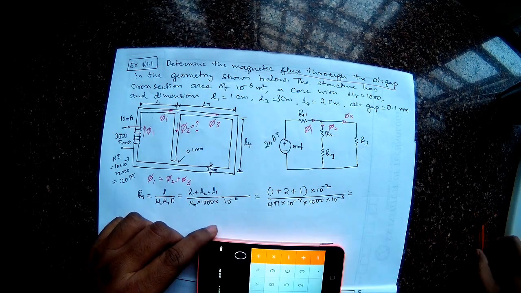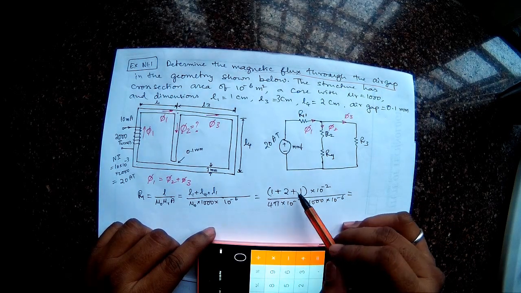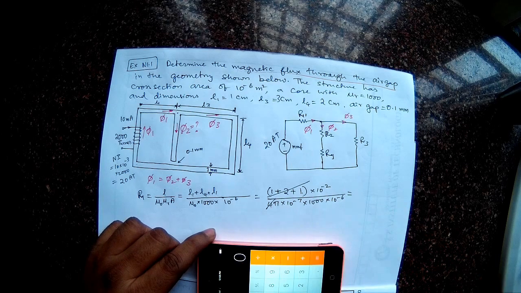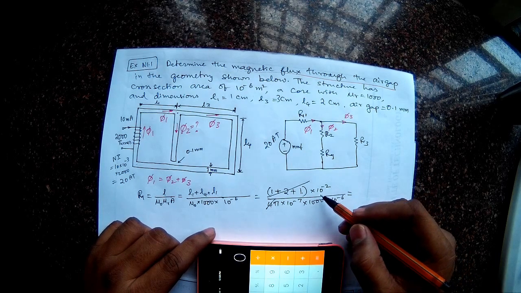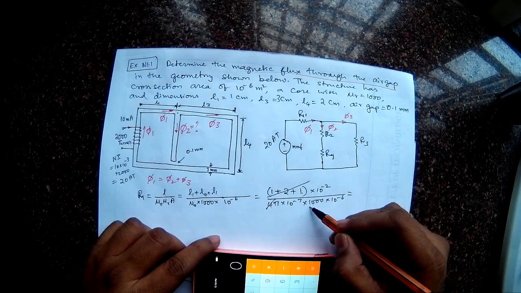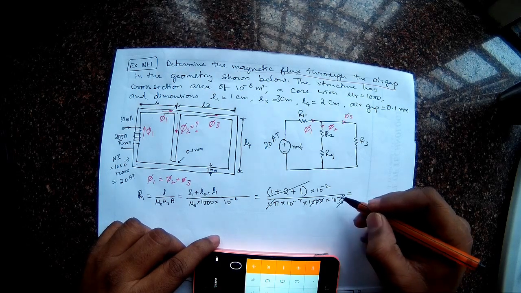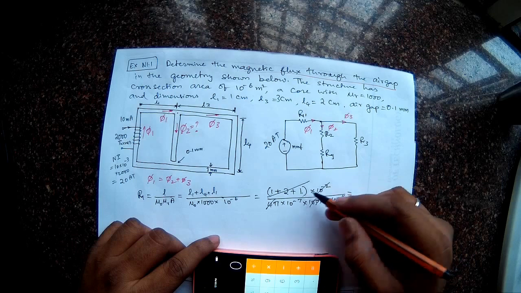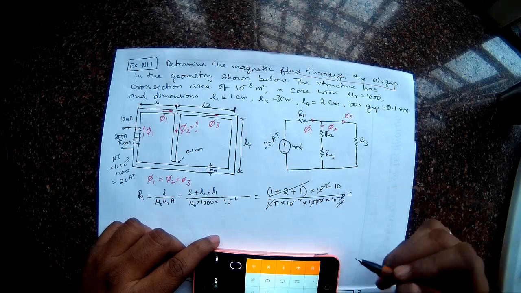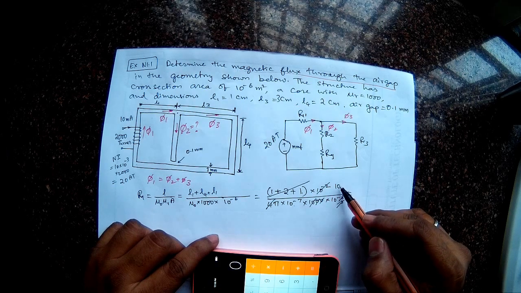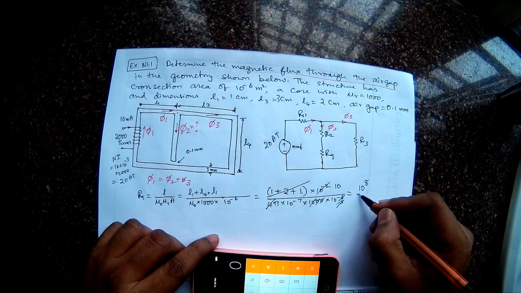So this 2 plus 1 is 4. So this 4 gets cancelled with this 4. Okay. So I have 10 power minus 2. So these 3 zeros will make it minus 3, and this minus 3 goes into the numerator, becomes plus 3. So overall the numerator is 10. Okay. And then this 10 power minus 7 goes to the numerator, it becomes 10 power 8 divided by pi.